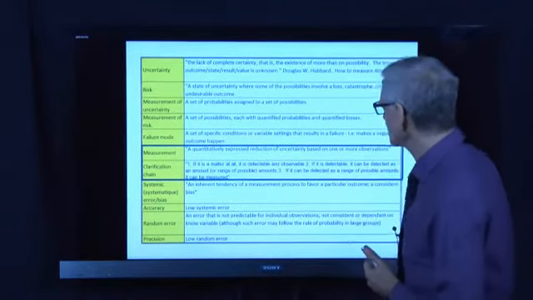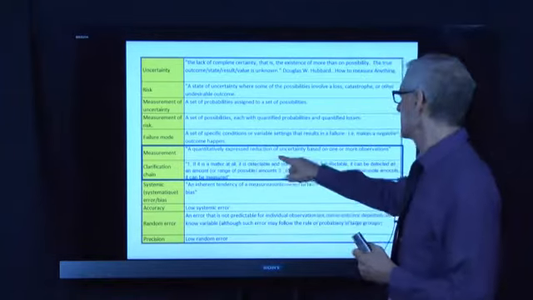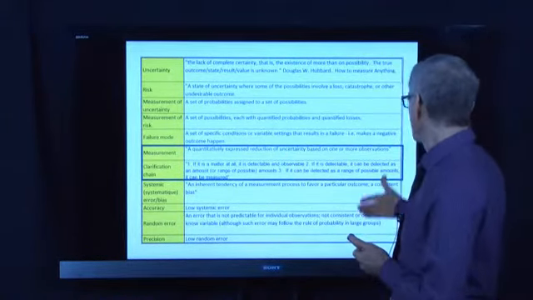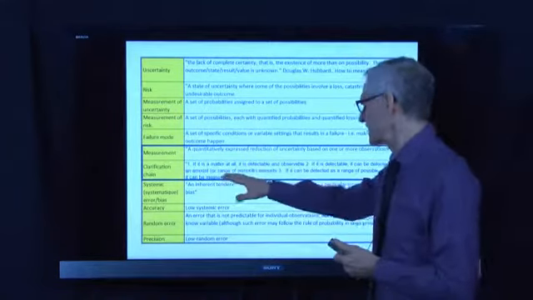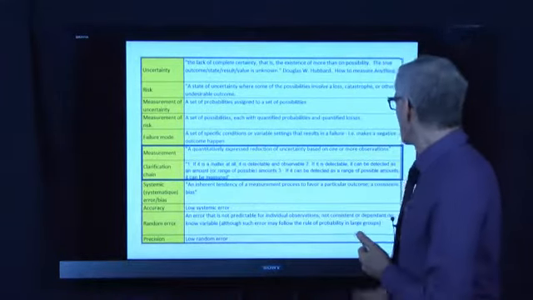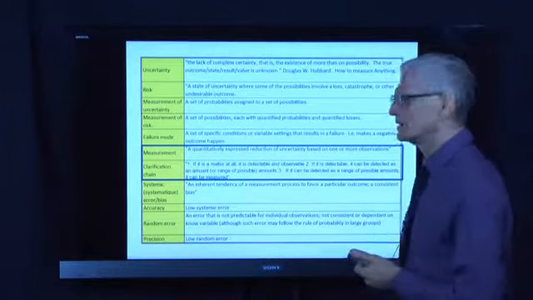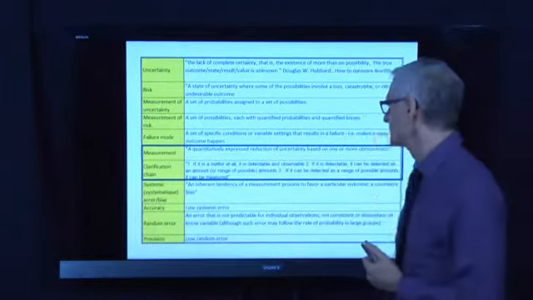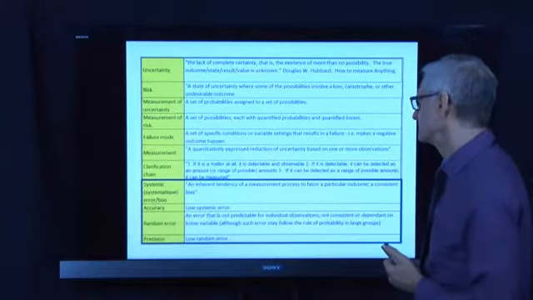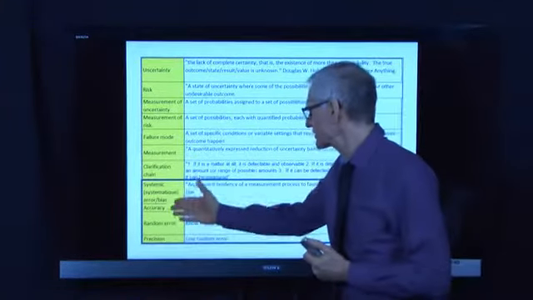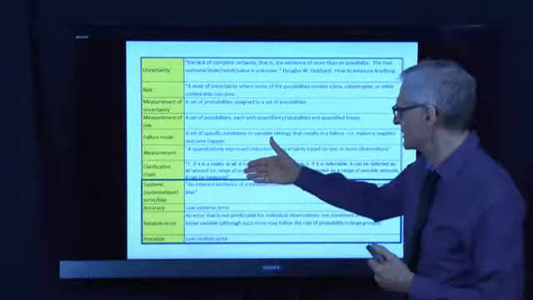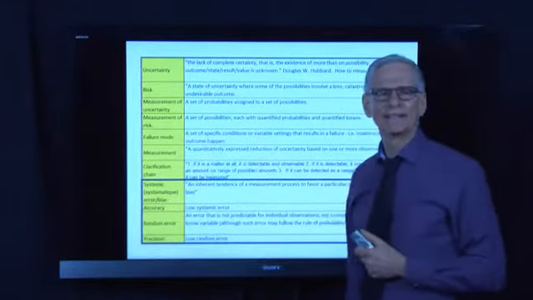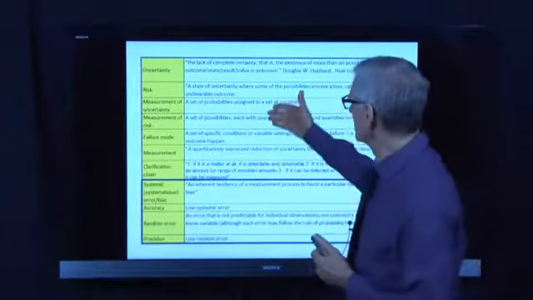And clarification chain. If it's a matter, it is detectable and observable. If it is detectable, it can be detected as an amount or a range. And if it can be detected as a range, then it can be measured. It is that universal. Finally, measurement errors, systematic errors, accuracy, random error, and precision. Precision and accuracy are important notions here.